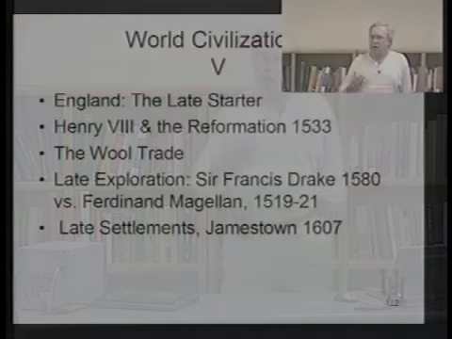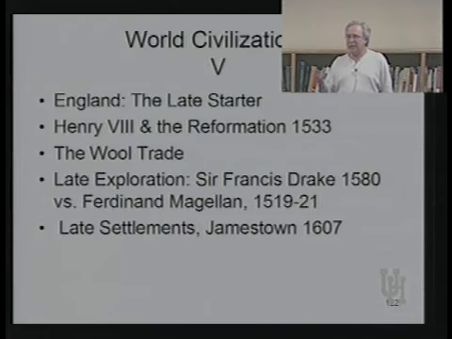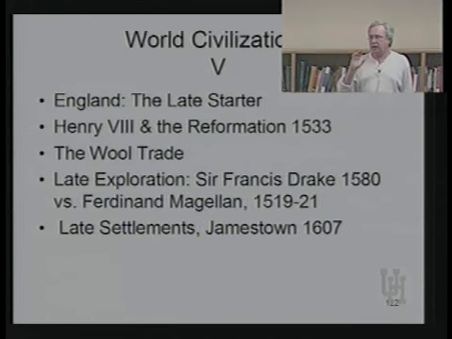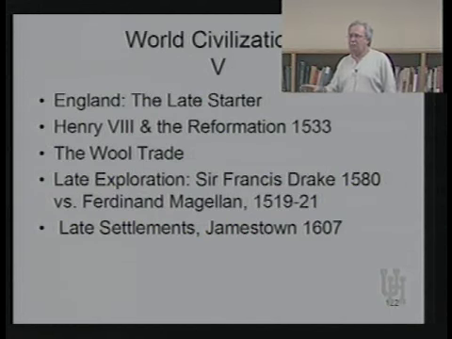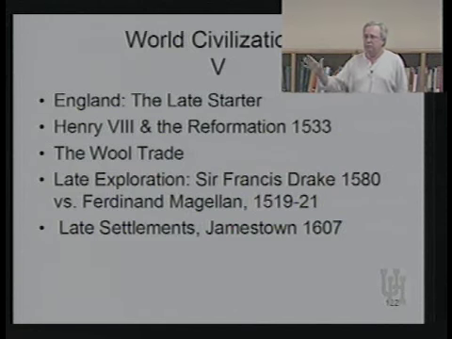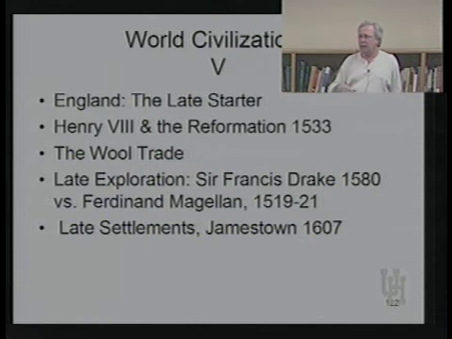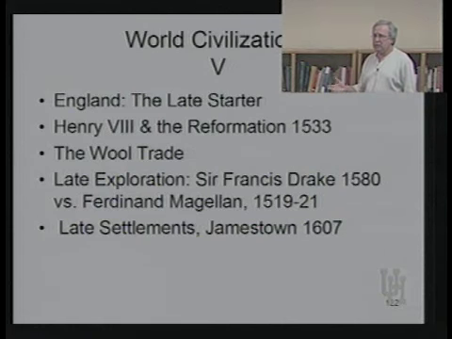Now, another European power who we always think of as one of the great imperial powers and trading powers of the world was England. But England was actually a late starter in this whole process. By the time the British got around to long-distance trade and exploration, the Habsburgs had been around, the Ottomans, the Mughals, the Portuguese, and of course the Chinese, who we'll talk about later, had been around even longer than that. There were already a whole series of trading empires that were well established by the time the British